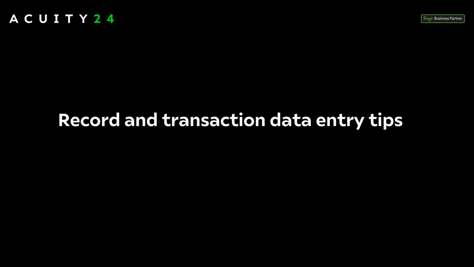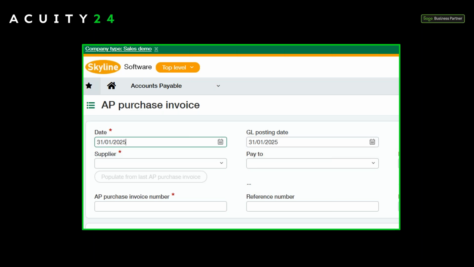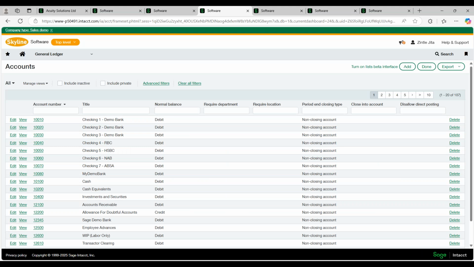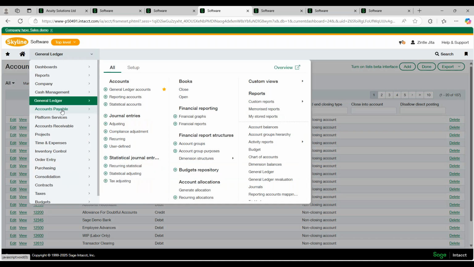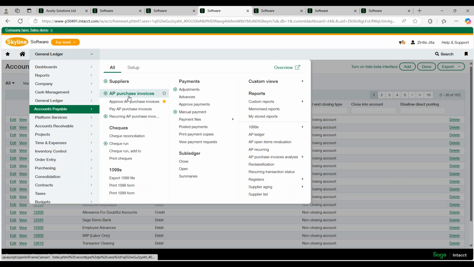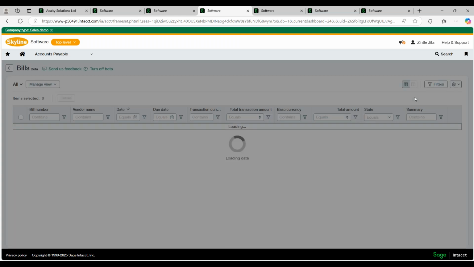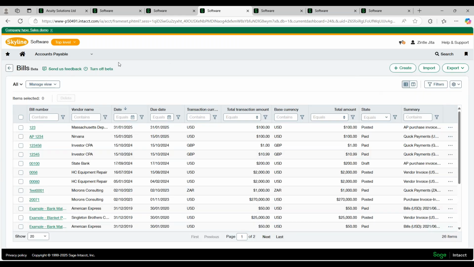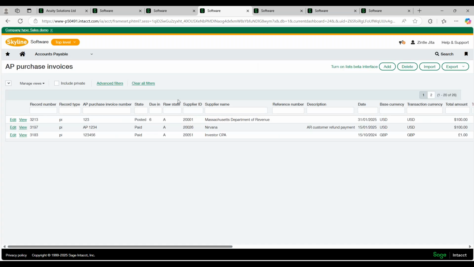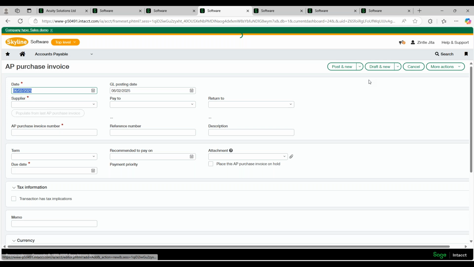Say on recording and transacting data entries, we will use the shortcut keys to demonstrate that. Okay, so let's use the AP purchases we were using. We are adding a new AP purchase invoice, and we want to use our shortcut keys. Now on our AP purchase invoice,